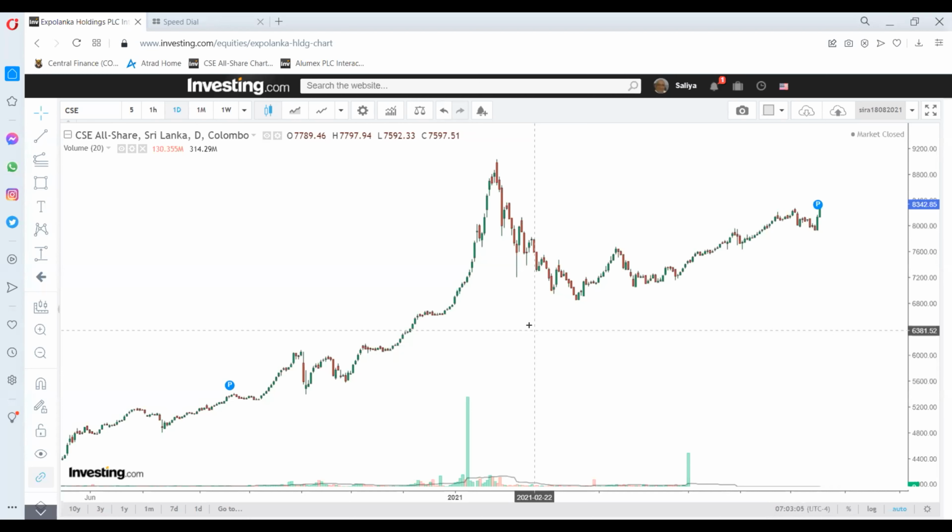Therefore, it's very important for individuals who have a liking towards following charts and making use of the chart behavior, price behavior, and the volume behavior to their advantage. And if you believe that you can make use of this behavior of the charts to make profitable trades, that is the most important thing that we need